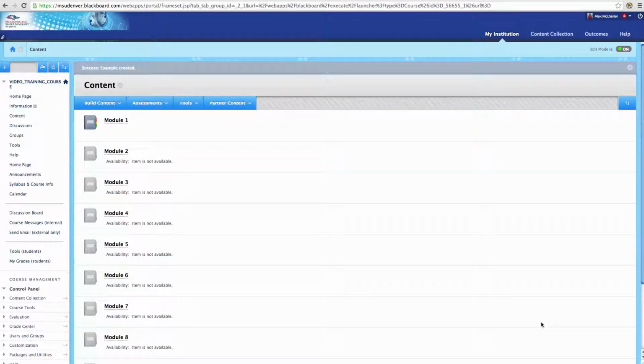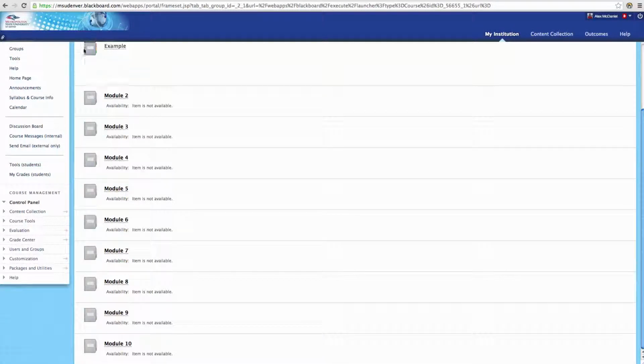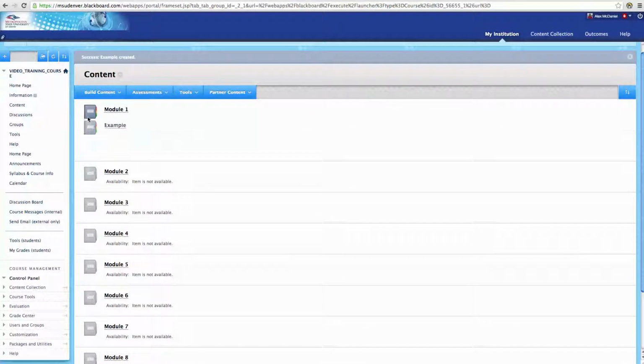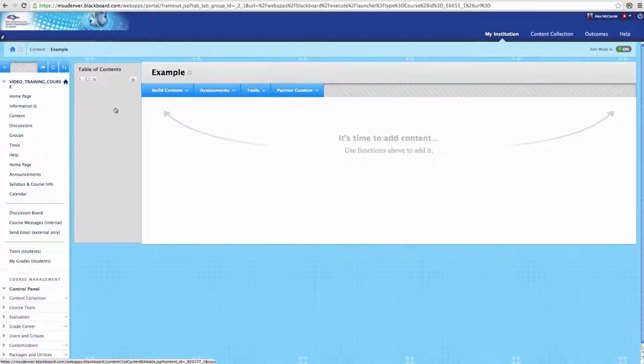And we've now created a new learning module inside of this content page. You can reorganize learning modules simply by clicking and dragging it to wherever you would like it to be. Inside of a learning module, you can add whatever content that you can upload. So if you need to upload your HTML documents, Word documents, those kind of things, this is where you can do that from.